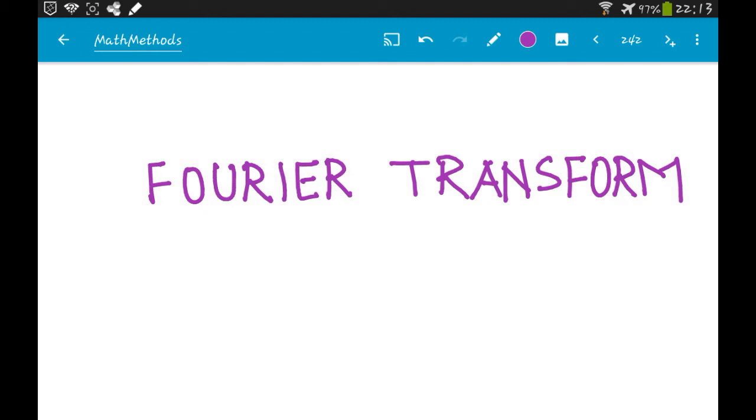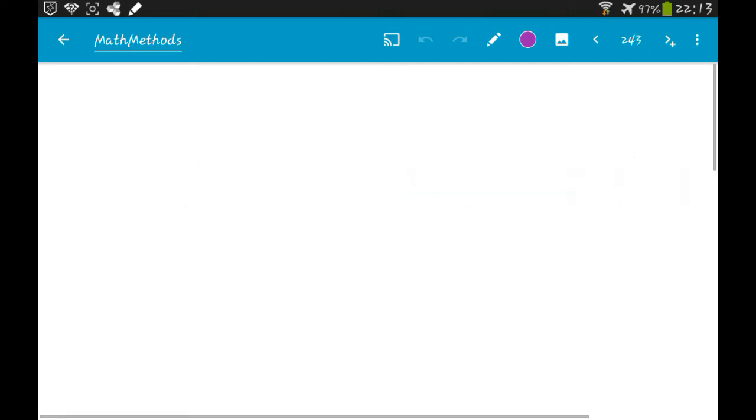Today we are going to learn about Fourier transforms. I think I had explained in the previous lectures that Fourier series is basically a representation of a periodic function, right? But what if the function is non-periodic? Even then you can represent that function in terms of frequencies. If you have a time dependent function, you can represent it in terms of frequencies, and that is done using Fourier transform. So why do we need Fourier transform?